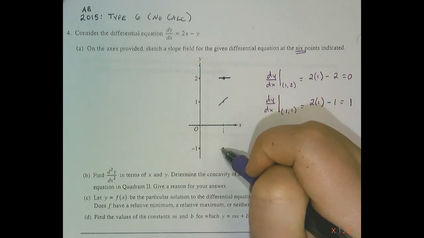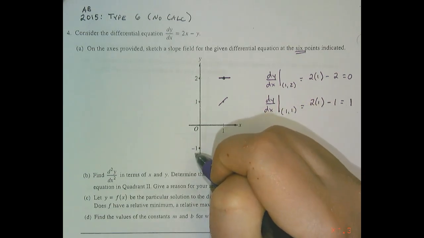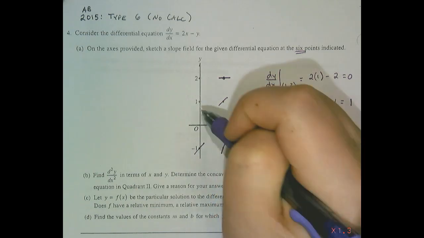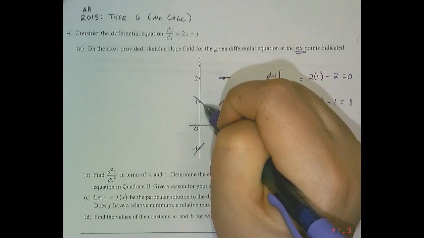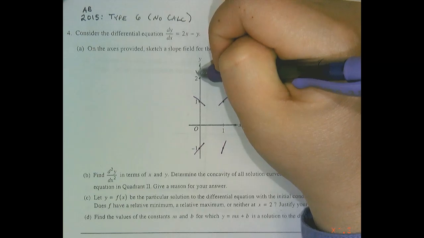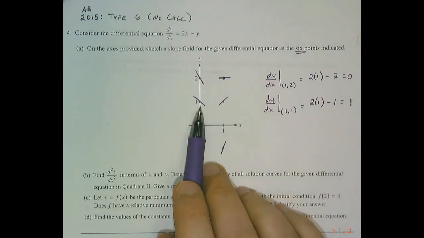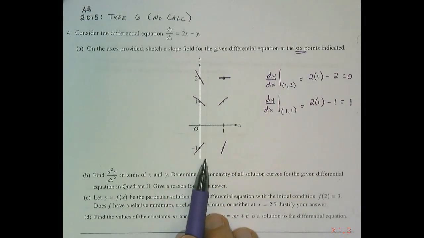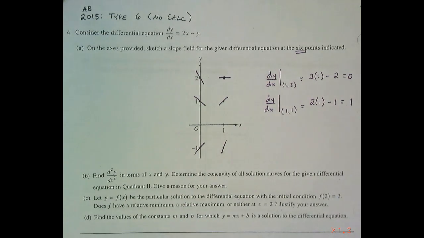We do have a dot here, so we find the slope here, going through the process of drawing and finding the slope for each location. So slope of -1, slope of +1, and